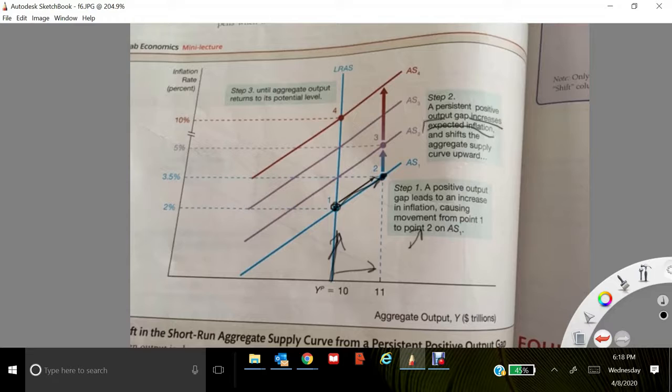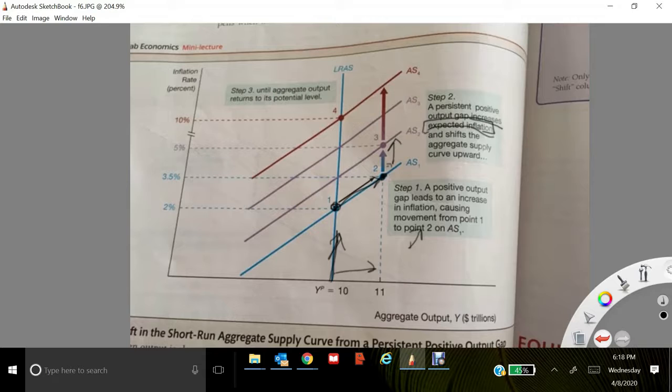Okay, here's our expected inflation becoming a big factor. And as a result, that increase in expected inflation results in a shift up of the aggregate supply curve